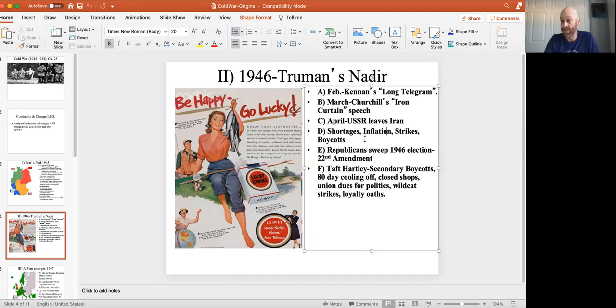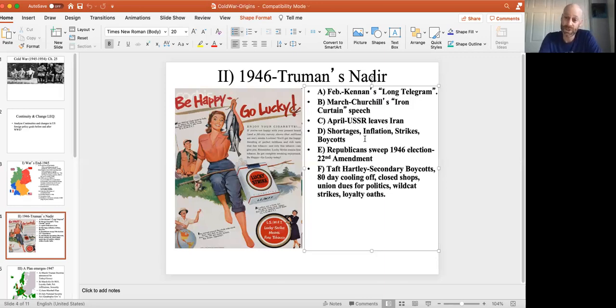Now, I don't want to oversell this. It was much better than in every other country in the world, but it did take time, and everybody blamed Harry Truman. Workers complained because their wages were being cut back. Again, like after World War I, the economy slowed down. People were thrown out of their defense plant jobs, or their hours were cut back, so they went on strike. 46 would be a peak year for strikes. It used to be 1919, 3,600 strikes. We beat that by 1,000. There were 4,600 strikes in 1946.